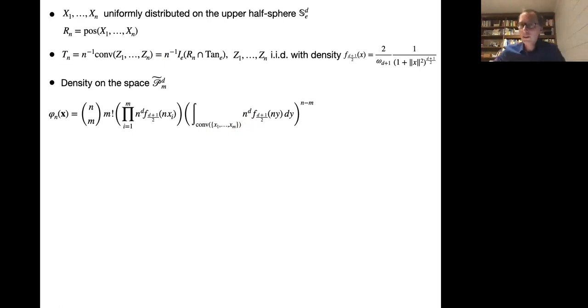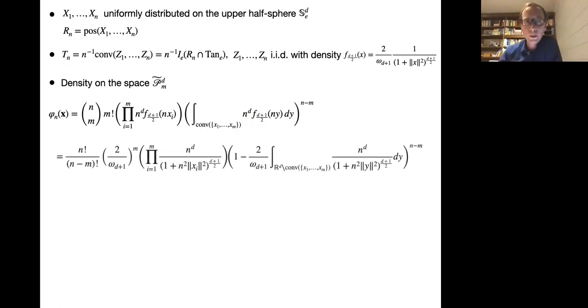So this is nothing very abstract, but this is something you really can put your hands on. Let's try to compute a little bit with these densities. First of all, the m factorial cancels here. Then this density has some constant factor that you pull out. Then you plug in just the definition of the density. Well, and here you have the integral over the convex hull, which is the same as 1 minus the integral over the complement of the convex hull. And you also plug in the density here. So nothing happened here.